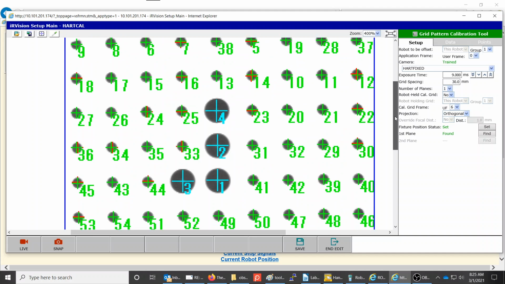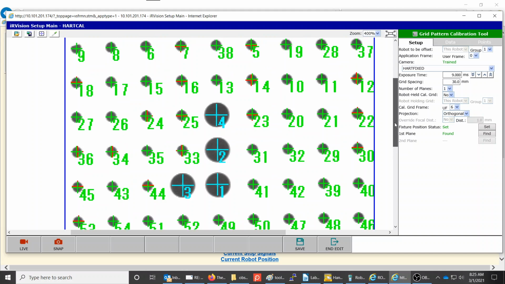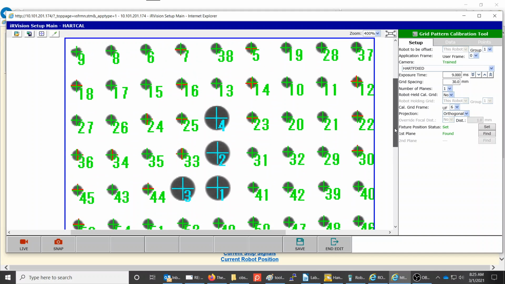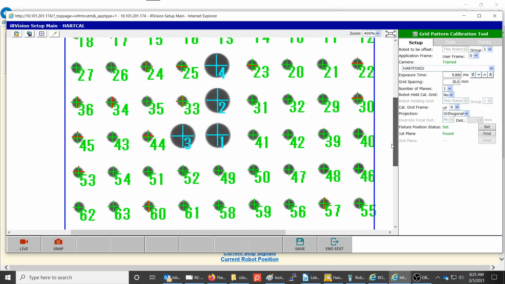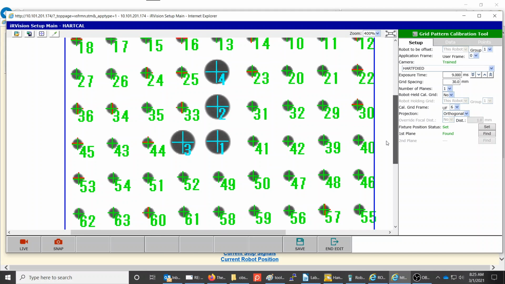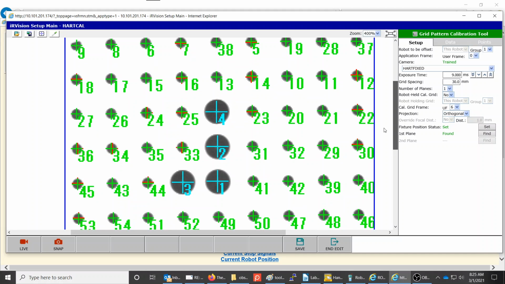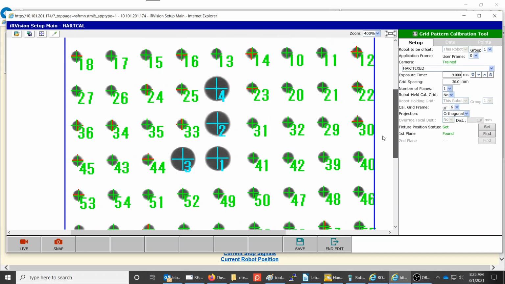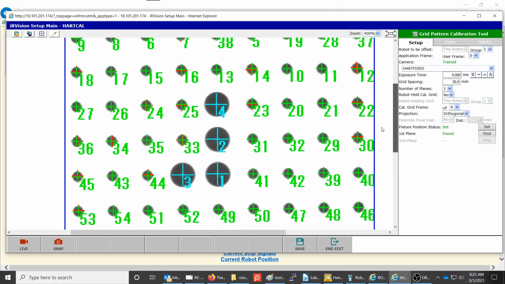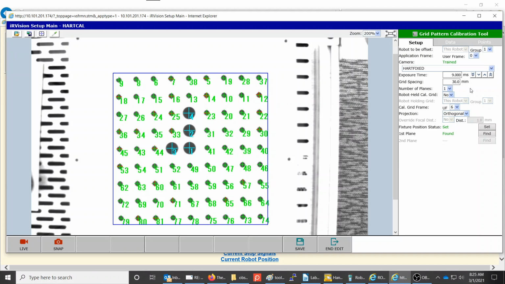All right, and so again, we have to have these 4 main large dots in the field of view of the camera. But these red marks here are basically saying, not quite sure about those dots. So I got a lot of dots that look great. They're just perfectly green. They're not showing any kind of red, but we got some that are showing red, and some of them are even interspersed around there. But what we need to do